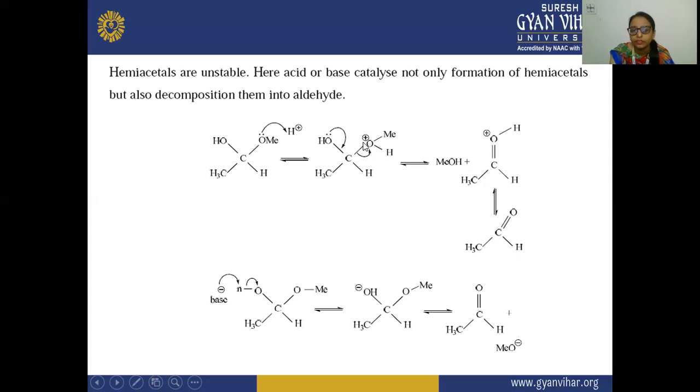That is why the H is having, the O is having the positive charge. So this O is having the positive charge, so they will withdraw electron from here. They will withdraw the electron from here, and there is a formation of this MeOH. This is your methanol that first reacted to this carbon. So here the methanol is removed from here, and after that this oxygen is having the lone pair.